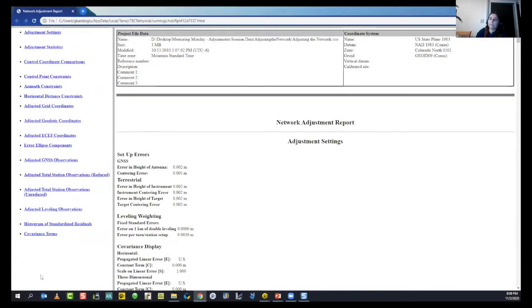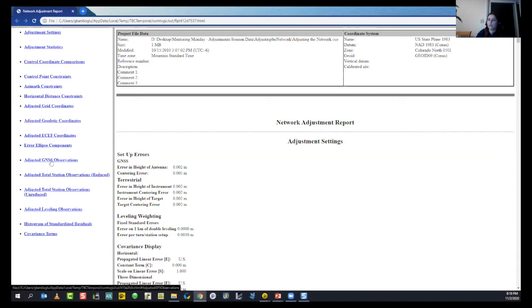And you will see the left panel that you can switch to sections in your network report. You will first see the project file data and coordinate system briefly. And for all the adjusted observations, like your GNSS observations, total station observations, leveling observations, all the adjusted points will be in here.